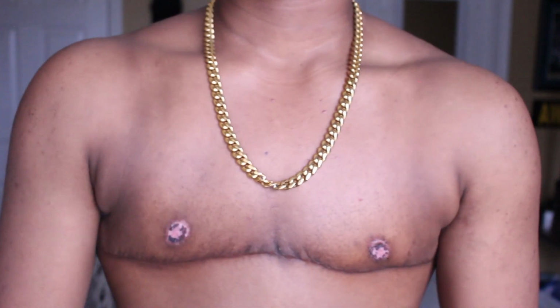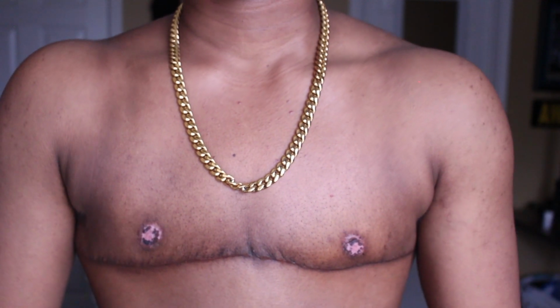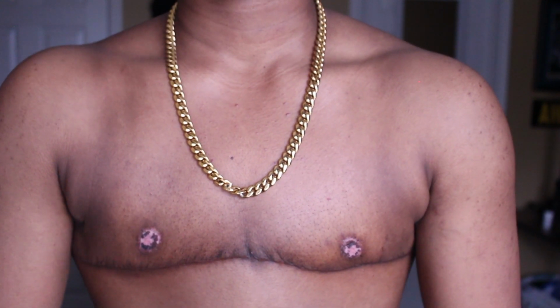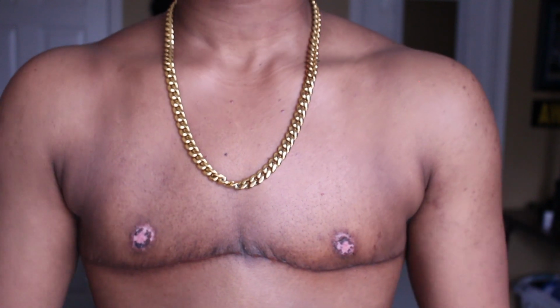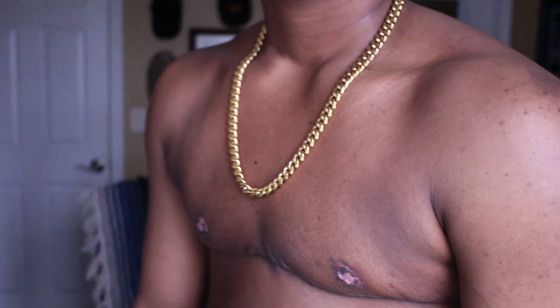This is what my chest looks like. Oh, I can kind of do pec bounce again. So as you can see, I've been working on getting a lot of my chest muscles back. So I have been going to the gym. So that's great. So another thing that I did forget to mention when it comes to my nipples is that